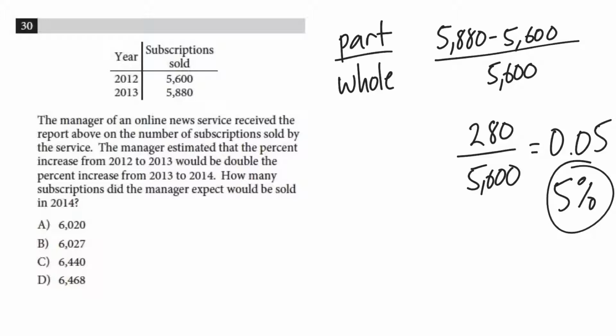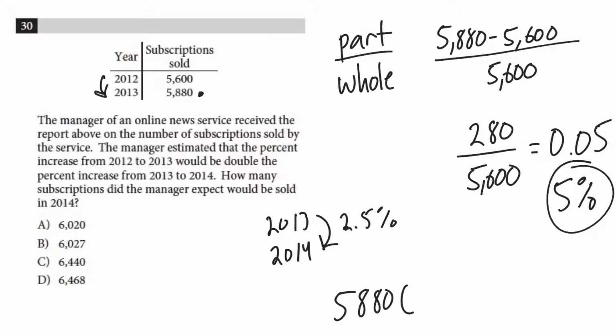Alright, so the manager estimated that the percent increase from 2012 to 13 is double the increase from 13 to 14. So we would expect that from 2013 to 2014, the increase would be 2.5%. Okay. So if we have an increase of 2.5%, then we take our starting value of 2013 at 5880,